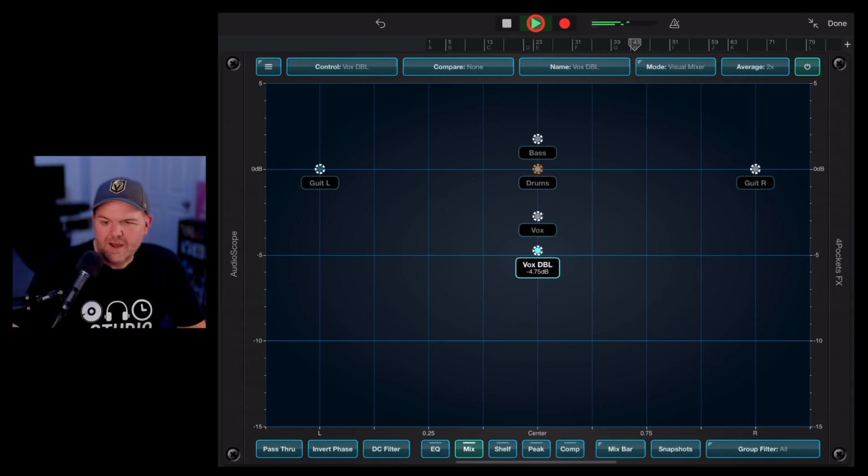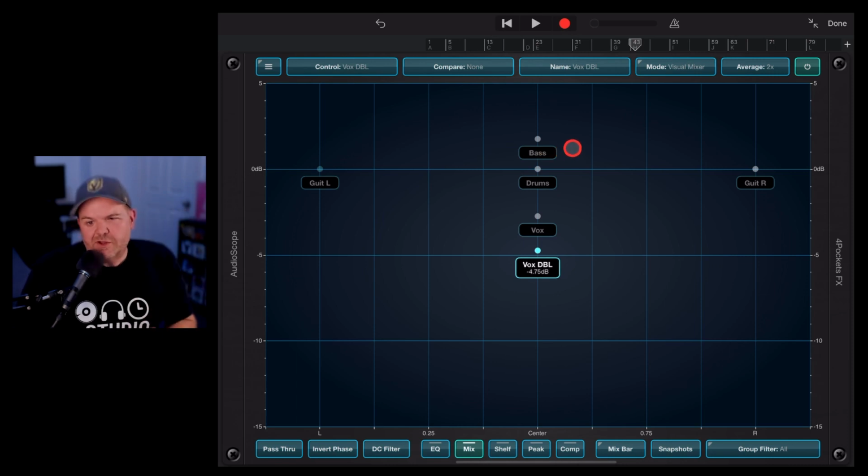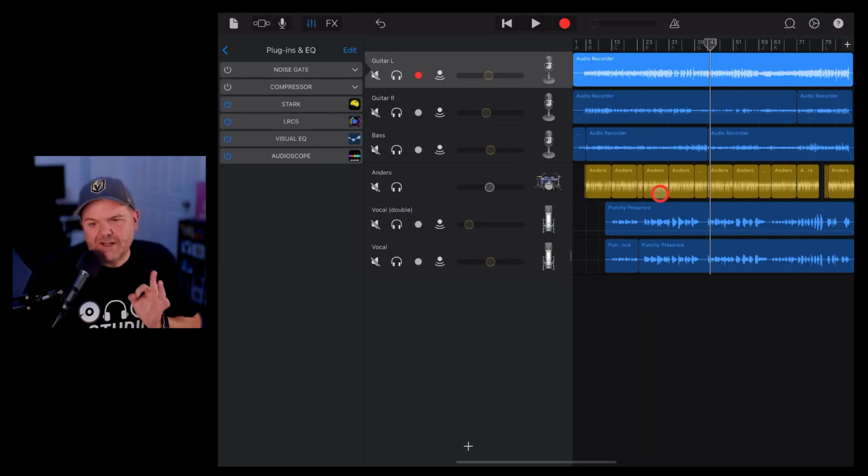It's after night. Is there something you're noticing with these drums? Yeah. This is one of the coolest things that AudioScope does. It actually detects when a particular track is peaking. Now, here in GarageBand, it can be really ridiculously hard to work out if a track's peaking because there's no real peak indicator. Yeah, you got your little orange and your red bits, but if you look at this drum in isolation, this Anders drum, and take a look and a listen,